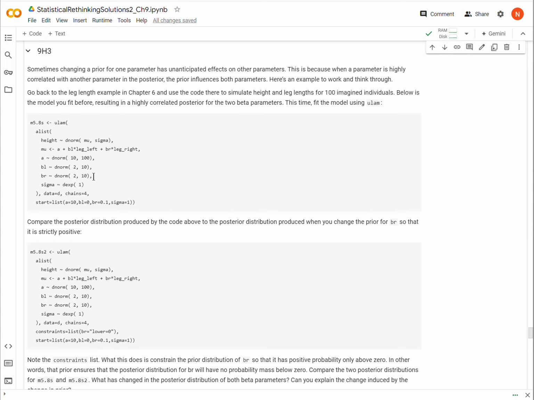But we are going to revisit and then modify a model that we saw back in Chapter 6, where we were modeling height as a function, or at least the mean of height, as a function of left leg length and right leg length. Okay, and this model was set up to demonstrate a problem that can sometimes happen in regression called multicollinearity